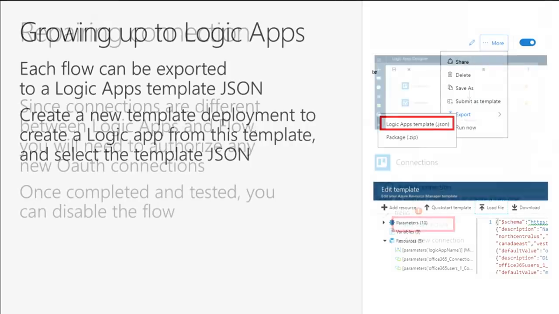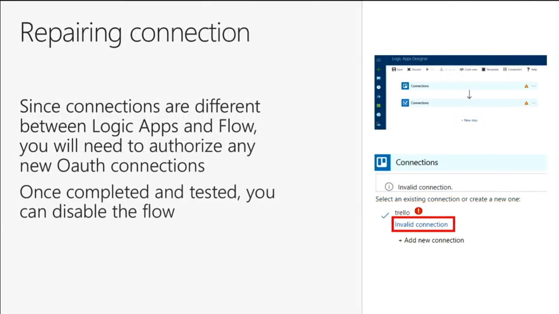You can do it that way. Of course, Flow does have regular co-authoring that you can use as well. Now, one thing to keep in mind with importing from Logic Apps is you need to be able to repair